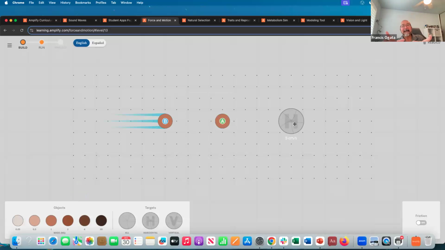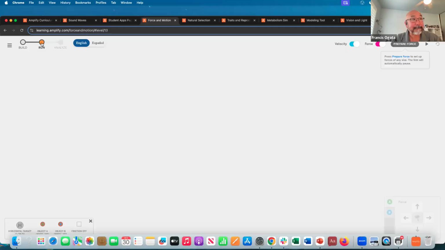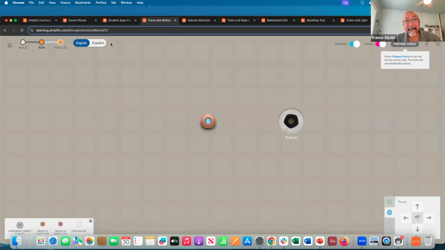The kids actually have a physical hands-on activity that they use to create this on their tables. They have these launchers and materials that they're able to hit with these pieces. But in order to get that velocity exact, it's easier to see on a digital simulation. So if I run this one now, I can see that I'm able to hit it.